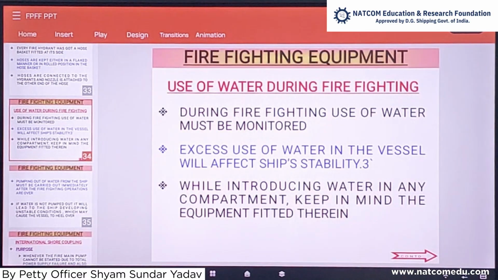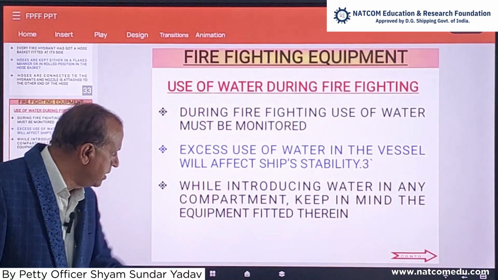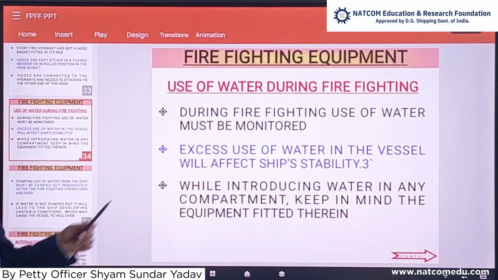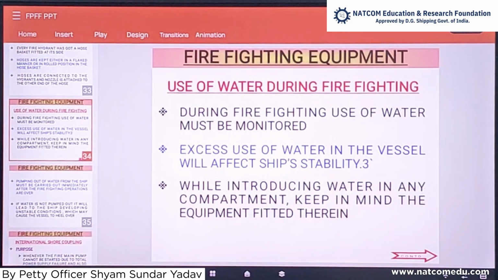एक साइड में आपका शिप झुक जाएगा। एंड कीप इन माइंड इक्विपमेंट थ्रेटन, फिटेड थ्रेटन, एक तो ऑलरेडी वो खराब हो चुका है या आग लगी उसमें और आप उस पर डायरेक्ट पानी पिंच करोगे तो वो डैमेज हो सकता है। प्रेशर ऑफ योर फायर नोजल में भी 4 to 5 bar,